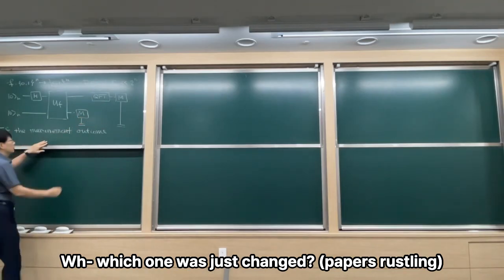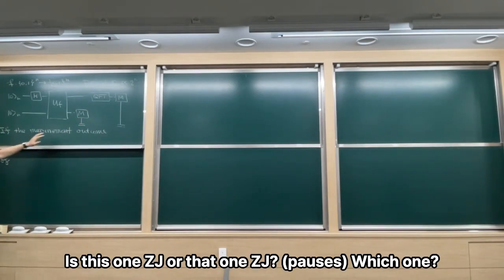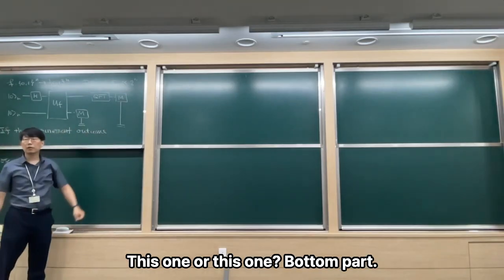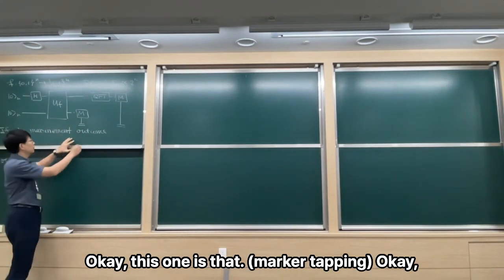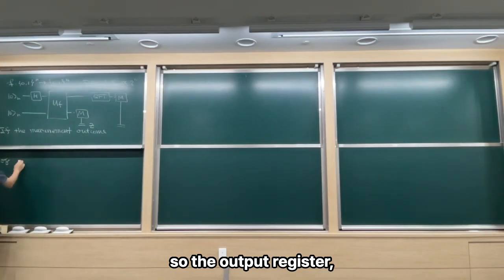Is this one Zj or that one Zj? Which one? This one or this one? They're both at the bottom. No, this one? Okay, so this one is that. Okay, so the output register